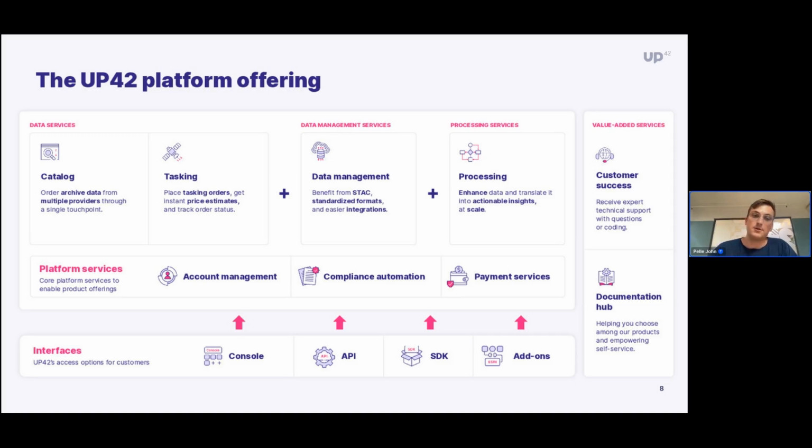But we have some platform services underneath, so you can manage your users or multiple user accounts, different roles, compliance automation, and we also have payment services, so you can directly bump up your budget on the UP42 account to purchase your geospatial needs. If you have any questions ever coming up, we have a very comprehensive documentation hub where